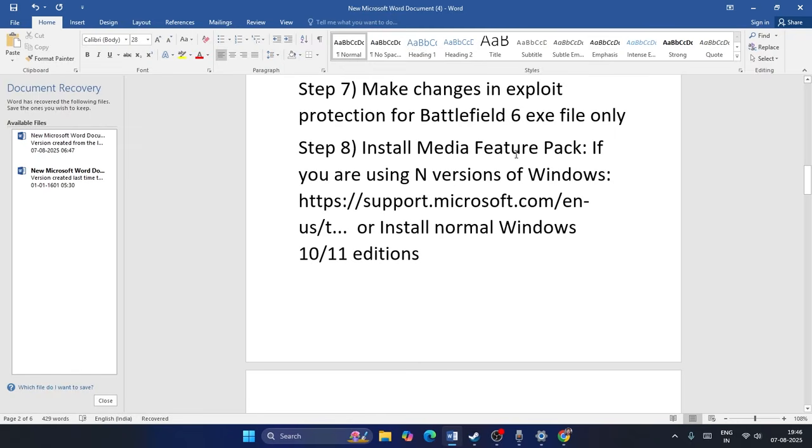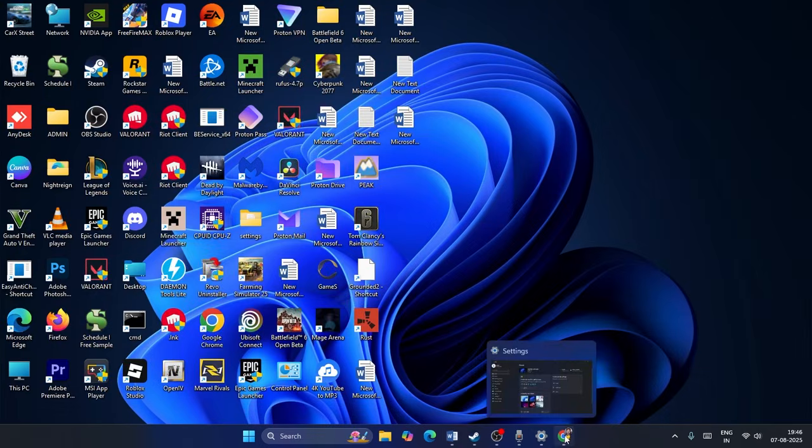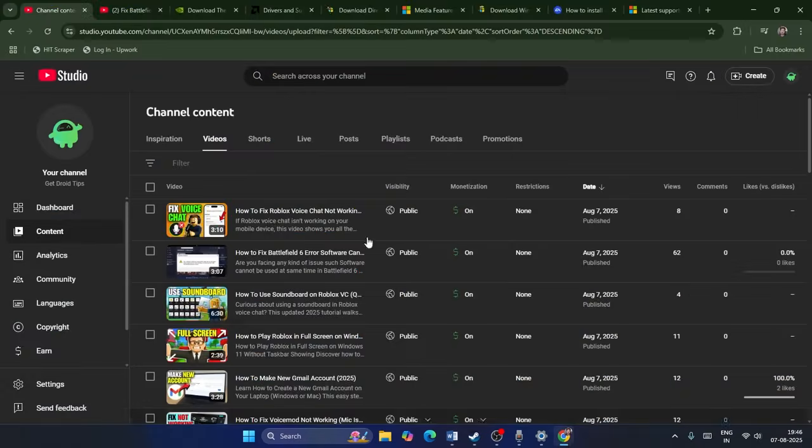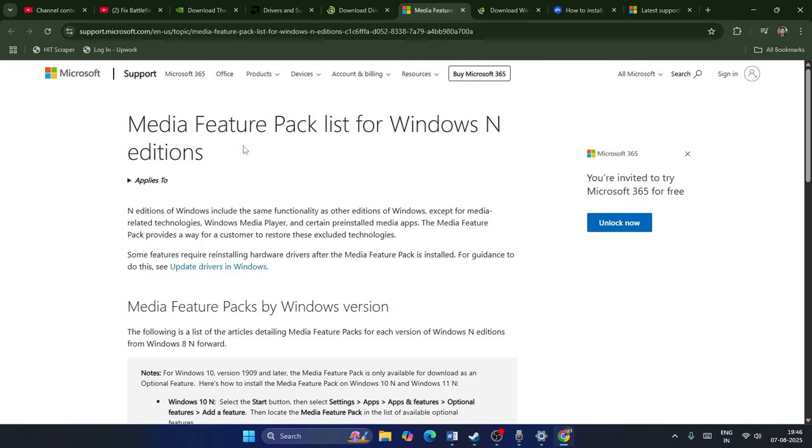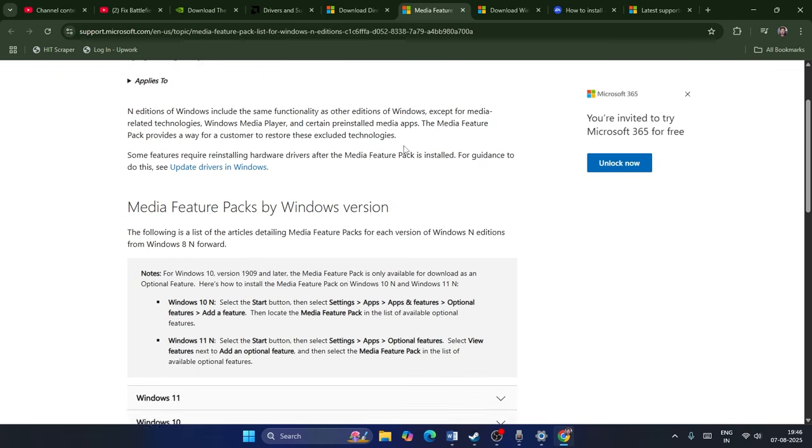So the step is we need to install the media feature pack. So just go over here, click on the link. I'll be providing the link. So go to the media features pack list for N Windows edition. In my case, I'm not running the N edition of Windows, so I don't have to do this, but the users who are watching this with N editions, you can